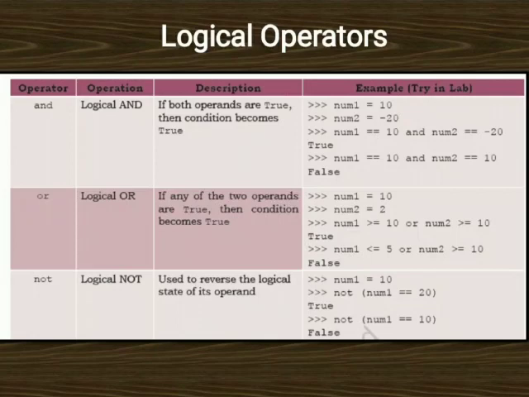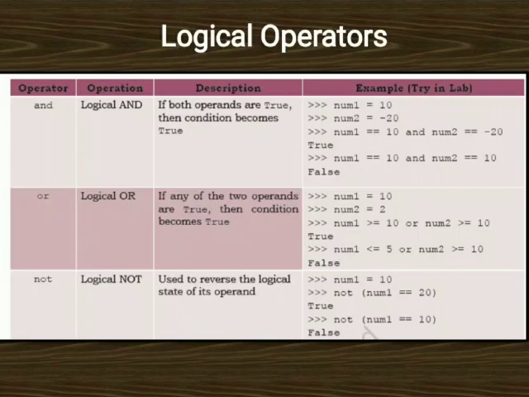Now the second logical operator is OR, and it is written in small letters. Or means either this or that, when any one condition should be true. I am teaching you in the class and you are taking notes. You don't have a black pen or a pencil, you have only one blue pen. Can you write with the blue pen? Yes, of course, you can write with either the gel or the ball pen. So if any one condition is true, the work will be done and the result will be true. But when both the conditions are false, then the result will be false.